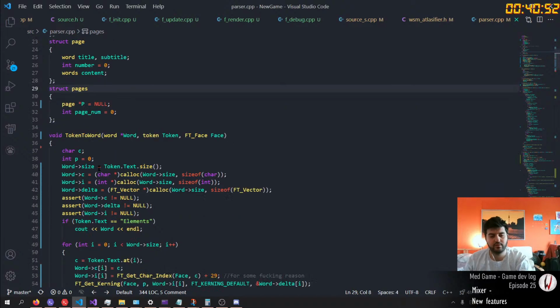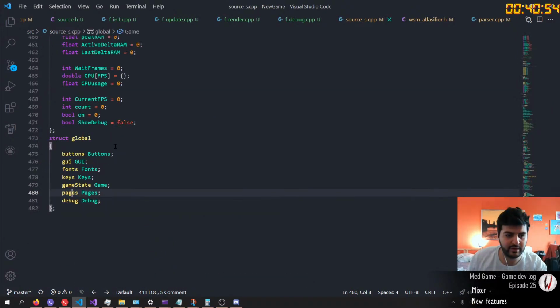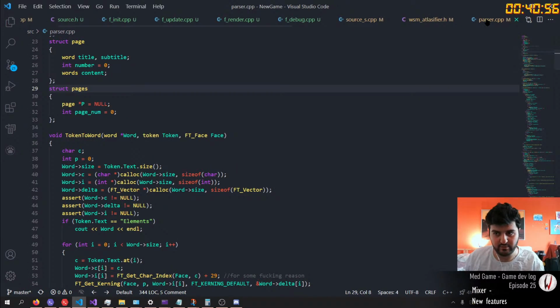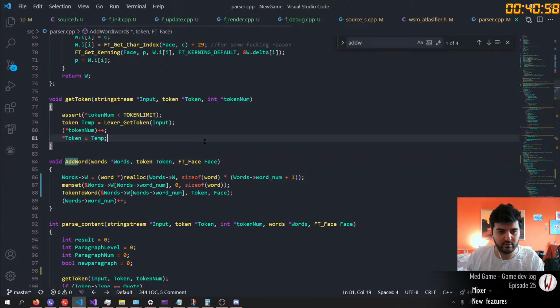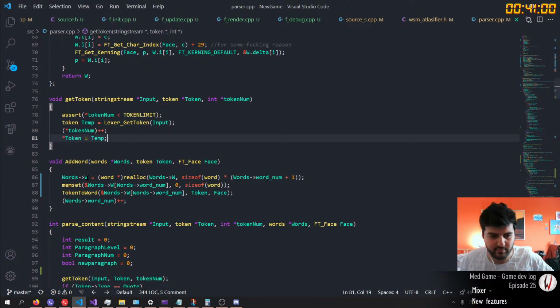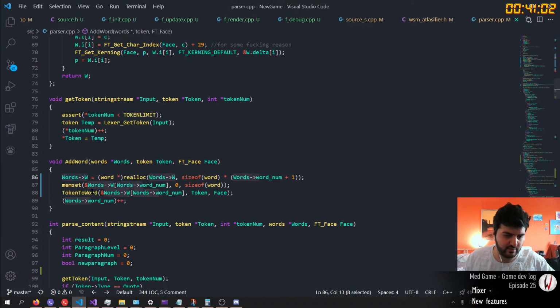Yeah, so I need to modify when I add word. Let me find the add word function. When I add words, I am modifying an array, which is a pointer. So I want to modify a pointer. I need to point to it, because it copies the pointer. So I need a double pointer in this case.